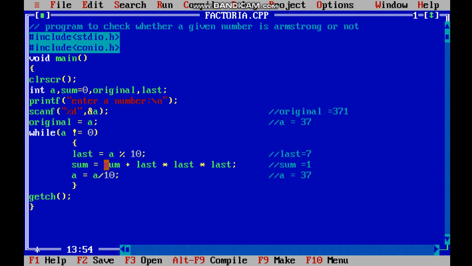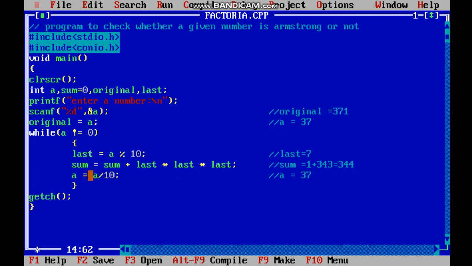Sum equal to sum plus last into last into last. So we know sum value is 1. So 1 plus, now last into last into last, 7 into 7 into 7. Let us check what is 7 into 7 into 7, 343. Okay, so it means 344 after the sum of 1.